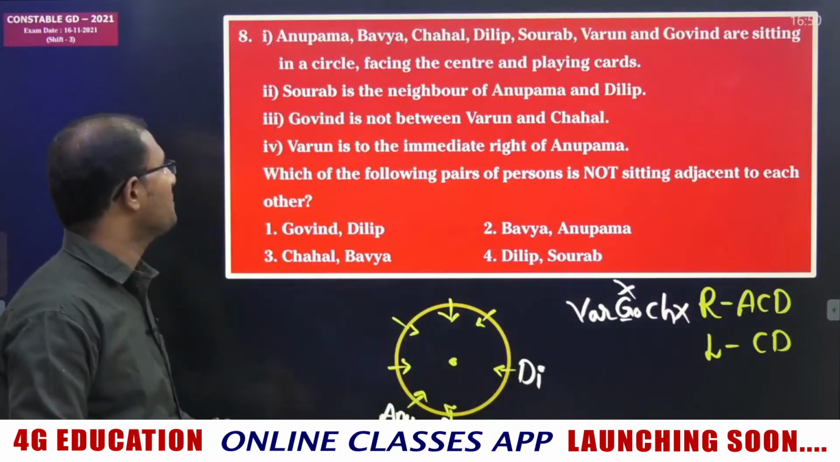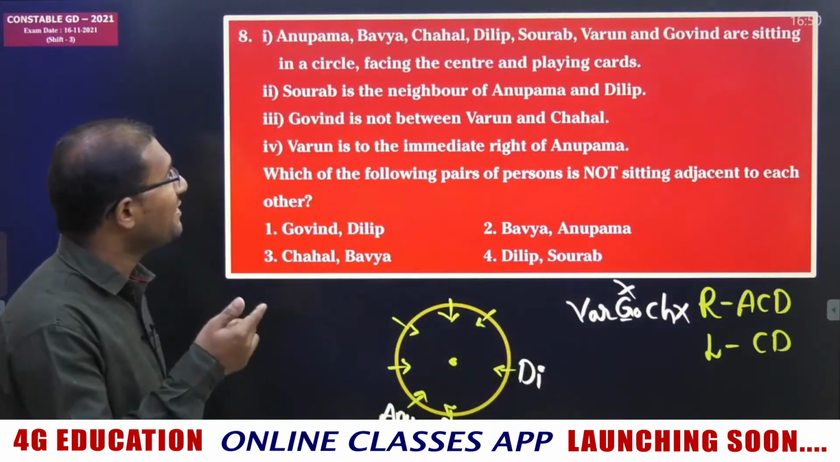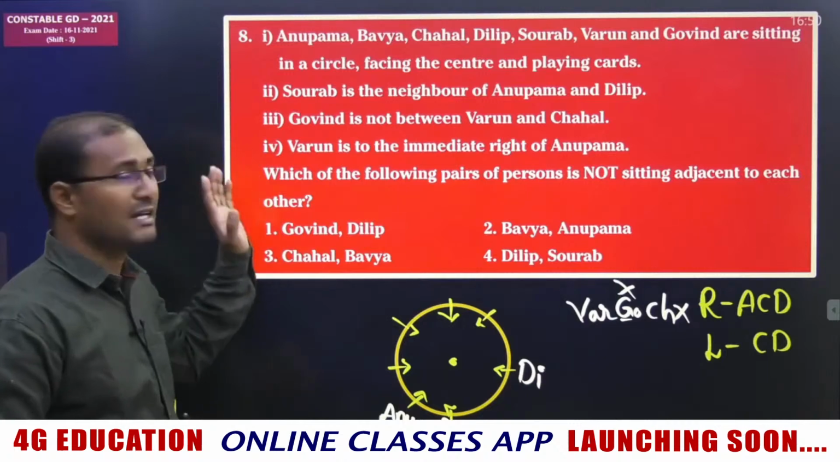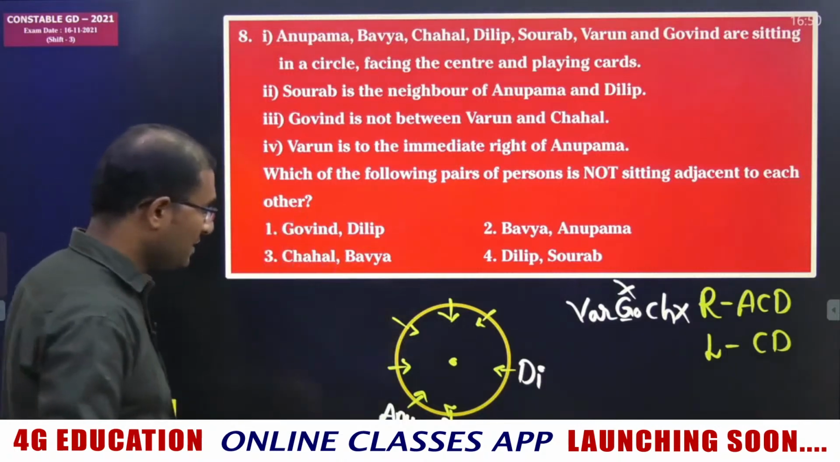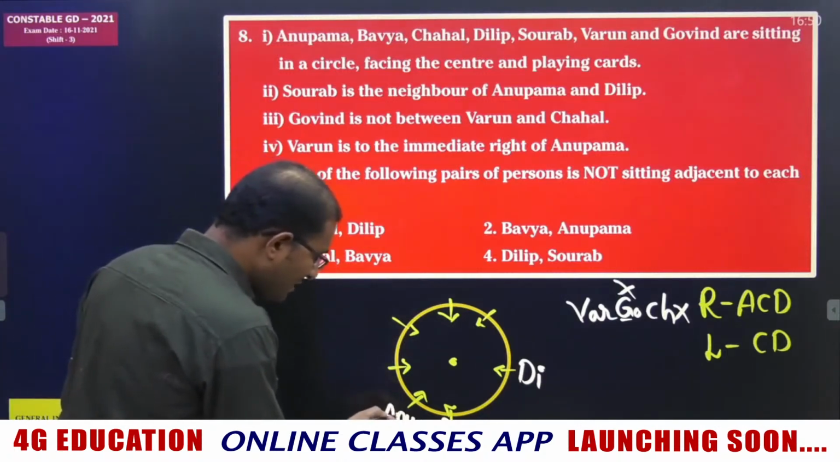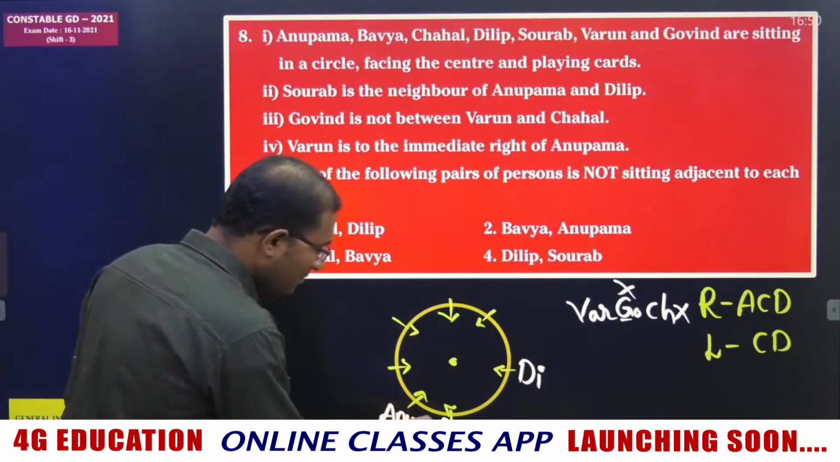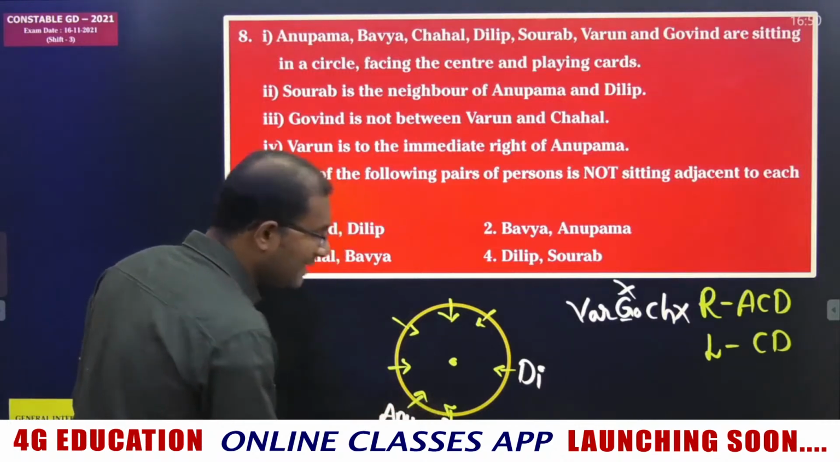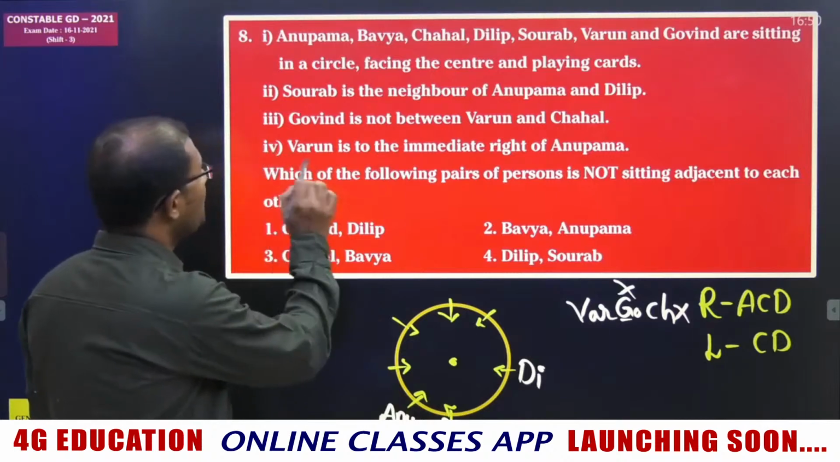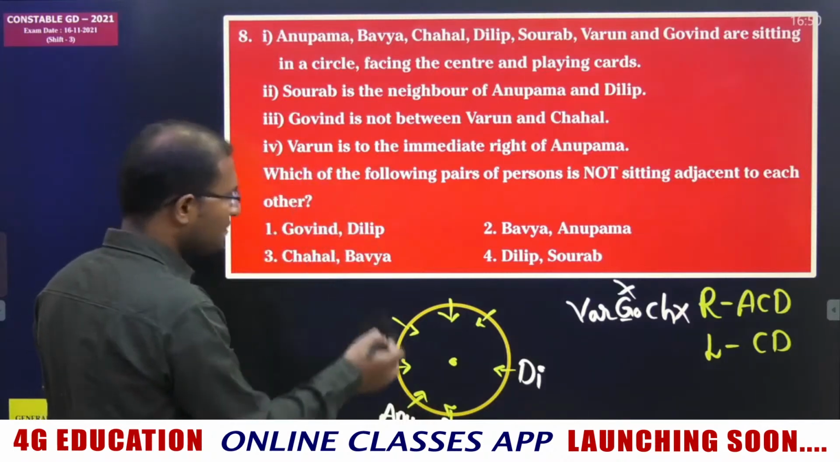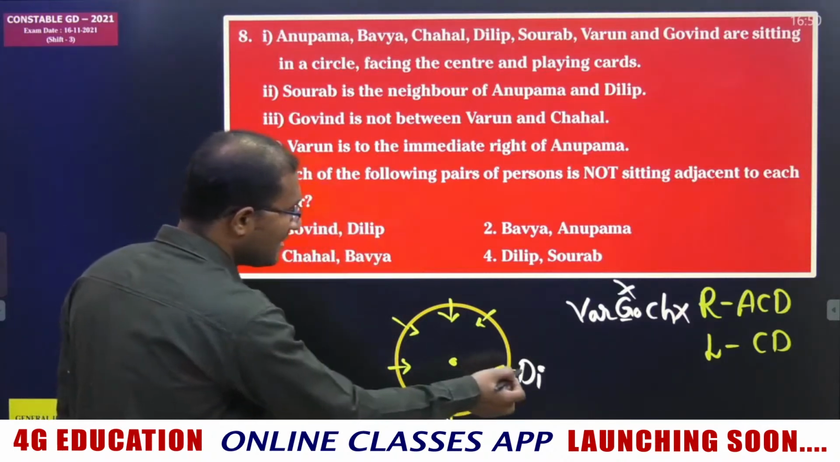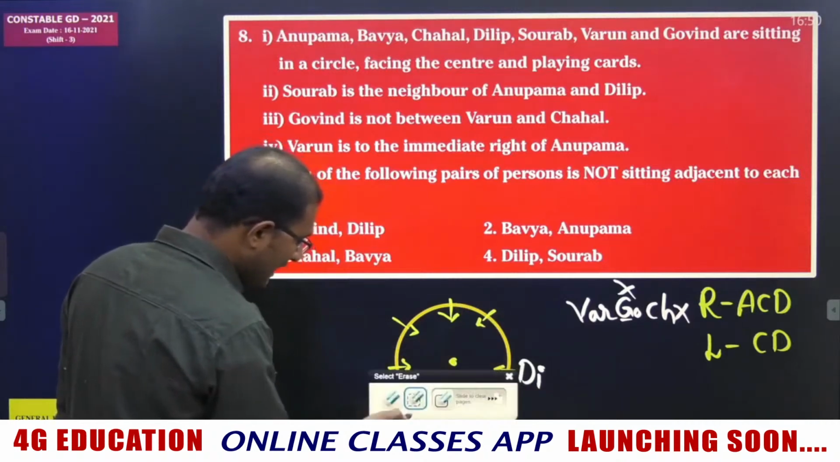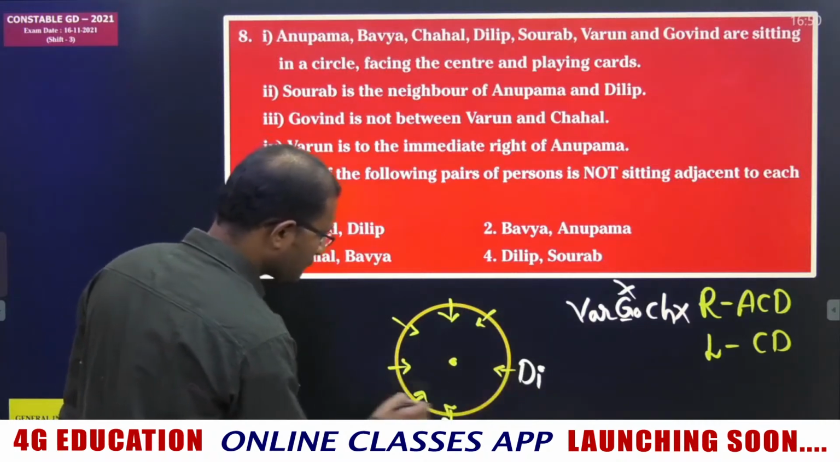Now what about the next one? Varun is to the immediate right of Anupama. Let us see the 4th condition. Varun is to the immediate right of Anupama. See, if you take Anupama here, for this person Saurabh is the immediate right person, but the 4th condition is not satisfied. If you take Anupama here and Dilip here, that's why I'll try to interchange